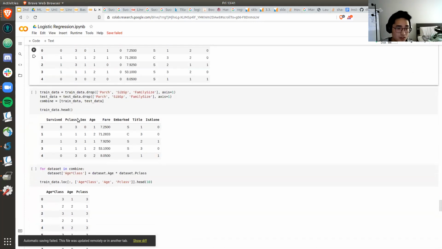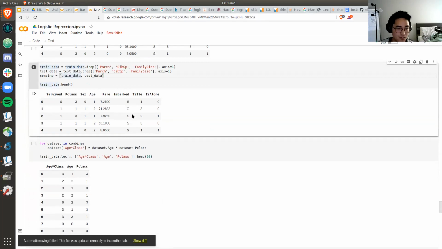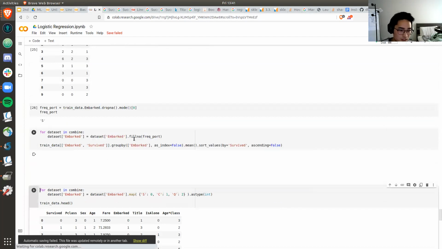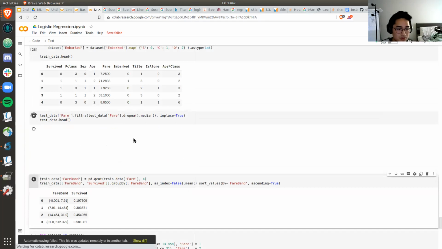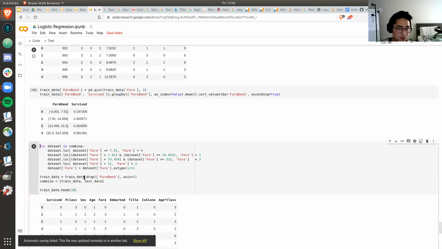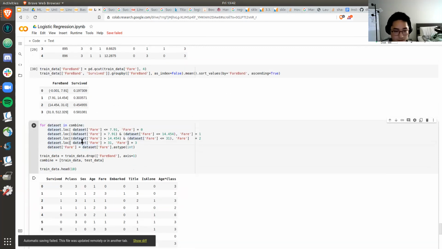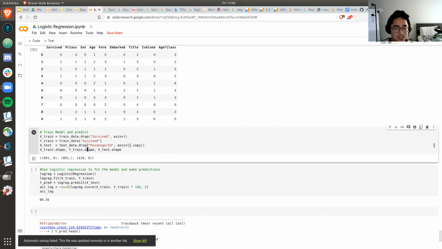But now the other thing we need, and of course I'm not going to go too much into it, is adding more features. Fare band. See, fare band is just like the age band. We want to see how many people survive given a range of how much money they spent. In this case, people who spent $31 to 512 actually have a higher survival rate. It is a lot of code, and this is something you'll see when you work with machine learning models. It's not a single program that's 10 to 20 lines. It's probably going to be more than 100 in any case.